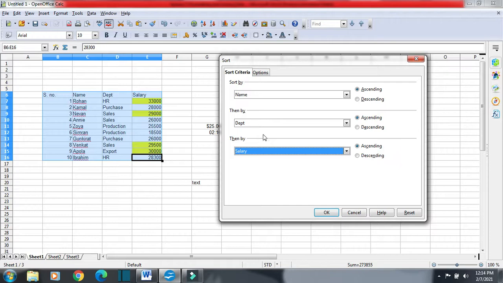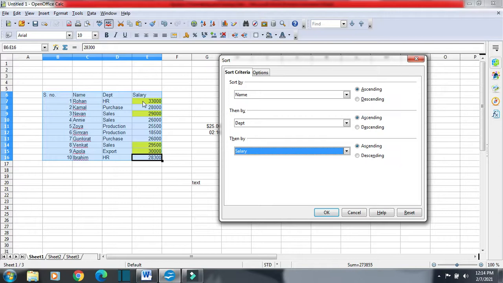But you can see one thing, Rohan is attached with HR. So if this gets changed, this will automatically get changed, and next time when I use this department to arrange, this will not work, because Rohan is actually with HR, so it is not going to arrange these in the form of alphabets. It is not going to get arranged because it is already attached.